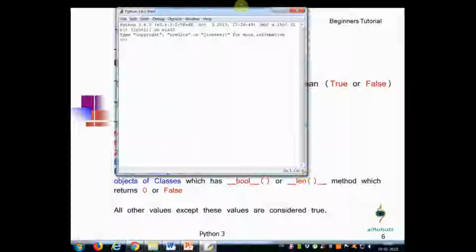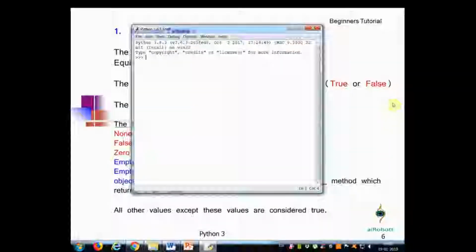An example here. See, for example, let's say variable test is an empty list. Here you did not give any value to the variable test. Let's see the print of test comma